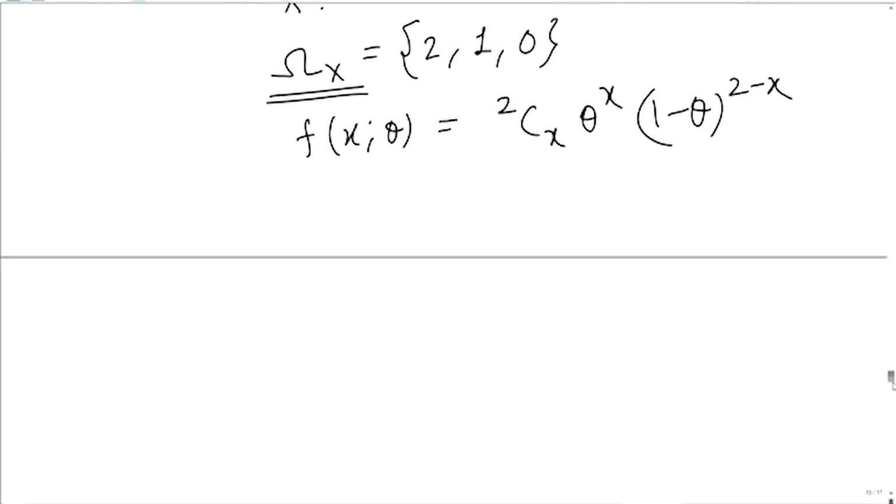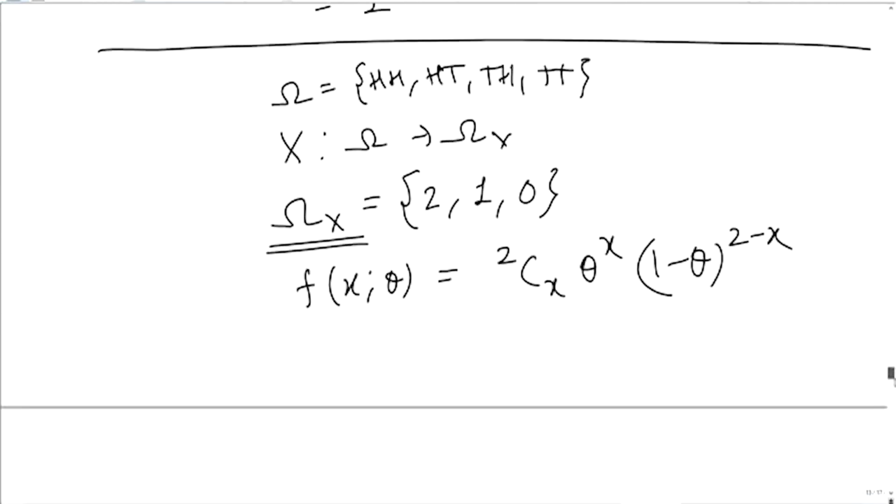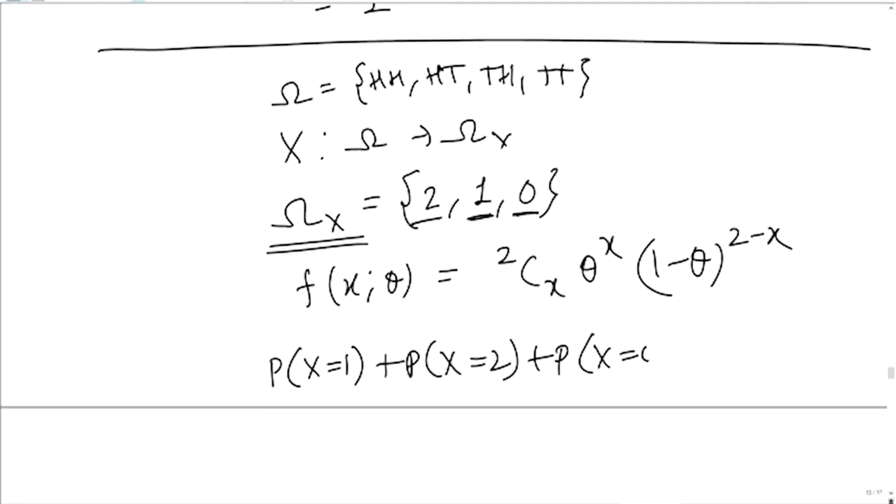Okay. And the constraint this function should satisfy, because it is a probability assigner function, is that probability of x equals 1 plus probability of x equals 2, basically all the elementary events in this space omega x. So the summation of probability of elementary events is equal to 1, and we check that when we plug in x equals 1 here,